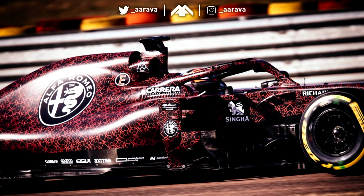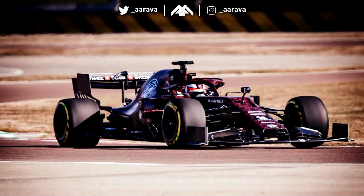intriguing. The livery alone is an interesting, very nice concept anyway on Valentine's Day, but the car itself, aerodynamically speaking, looks very intriguing, very different to what they had last year, and you can see that step forward maybe they're going to make for this year with the prize money finally from the previous two years, because obviously they get paid one year after for the prize money, and also the backing of Alfa Romeo properly now in an even grander way, because obviously they're now called the Alfa Romeo Racing Team. So it's going to be very intriguing to see what the car looks like in the flesh,